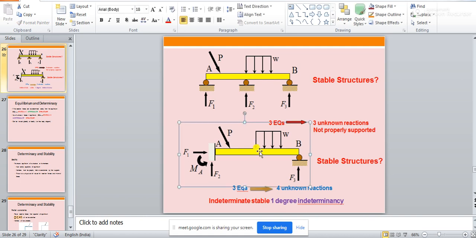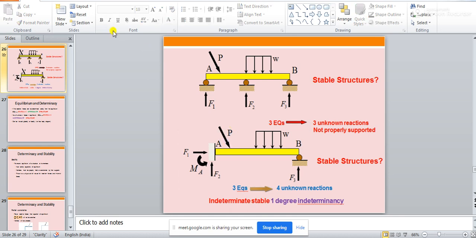You come to this propped cantilever. This is a fixed support. Because of this fixed support, the structure is not allowed to move in the horizontal direction, nor in the vertical direction, and it will not be allowed to rotate at point A, right? So this structure is perfectly held at this point, and on the other hand there is a roller support at this point, so there is some reaction coming at the roller support. When an inclined load P is acting over here,